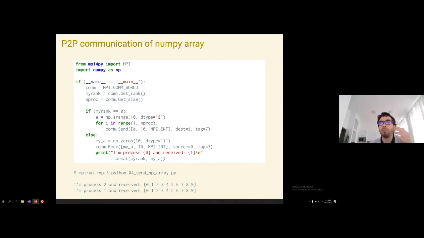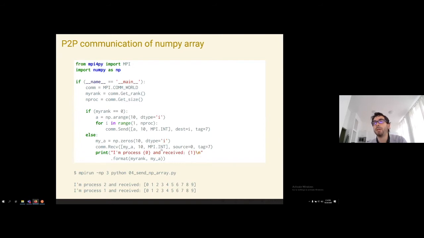So you could add a print before the receive to verify that you have zeros, and then after receiving the message, you get the output with the values that were received from processor 0. But as I said, you have to predefine the variable and your array and allocate in memory the place for receiving your message,